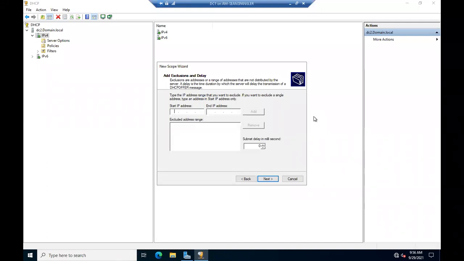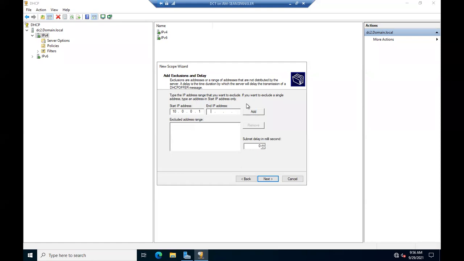So we said that we're going to probably use the 10.0.0.1 or at least the .0.xx range for servers or maybe devices that are going to have static IP addresses. So let's just make it so those can't get handed out at all. So we can say 10, and this has to be within the scope that I set previously. It can't be outside of it. So I'm going to say 10.0.0.1